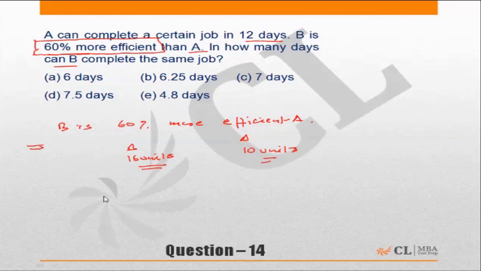And which also means if he is 60% more efficient, he is doing 60% more work than A, the time taken should be lesser. So if B is taking 12 days to do a piece of work in the same amount of time, in the same 12 days, which